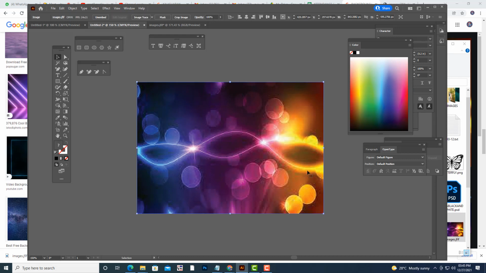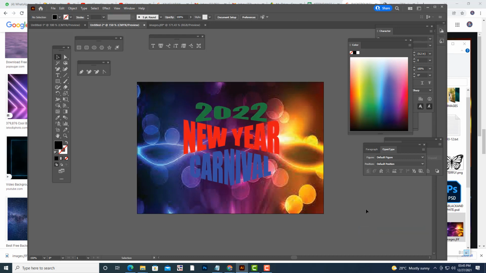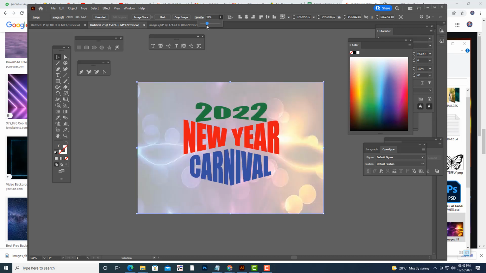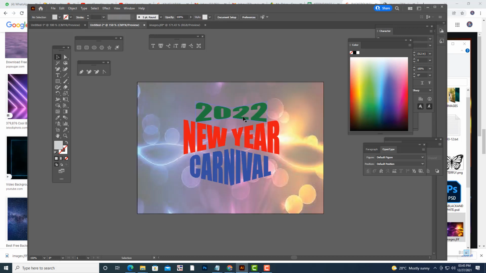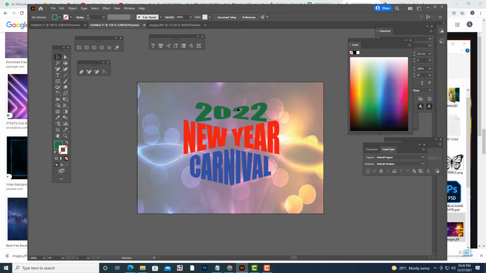Okay, and then we can just simply keep it behind everything. See, like this. In case you want to reduce the opacity, you can reduce it. For these things we can give some white color outlines, but we have to expand them. Only if you expand, you'll be able to give white outlines.